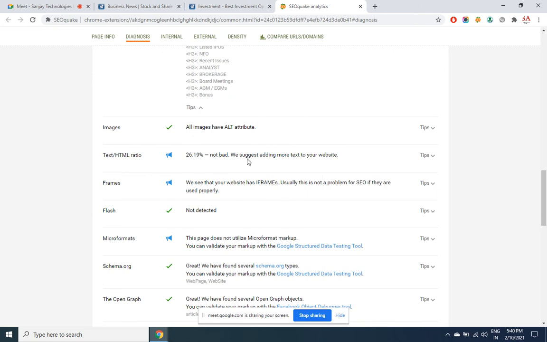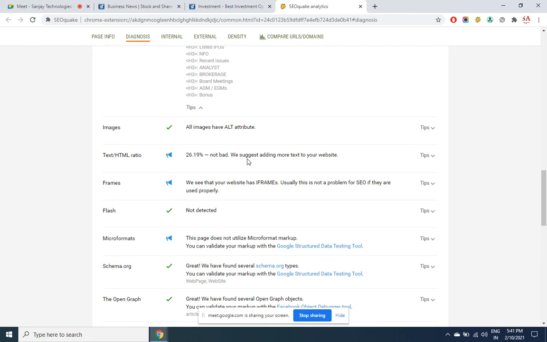Text to HTML ratio is how much matter you have compared to the design. Minimum 15% ratio is recommended. Search engines are not impressed with your great design. That is only for your self-satisfaction or only to make your site attractive to the visitors.